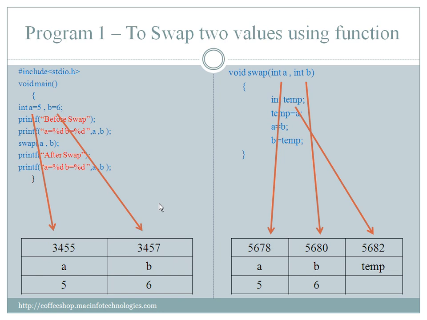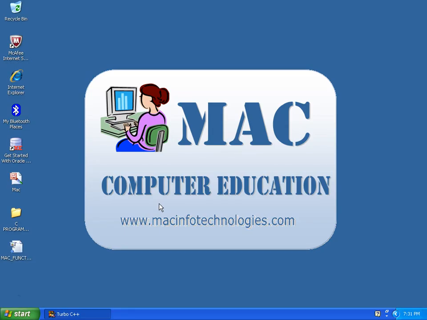So duplicate copies will not be there. So this is why we use functions with pointers. If we are calling a function 10 times, you have to make 10 copies out of it. So again, memory management becomes a big problem. Clearing the memory after the function completes, everything will be a big problem. So pointers are very useful.